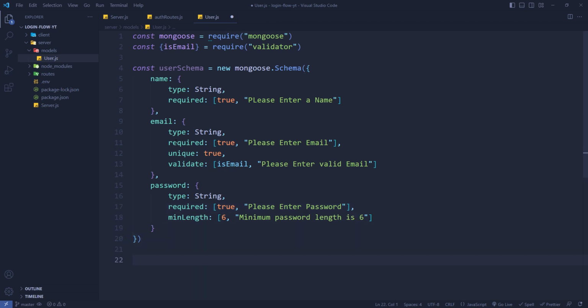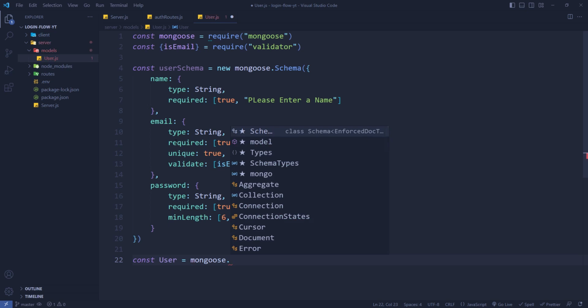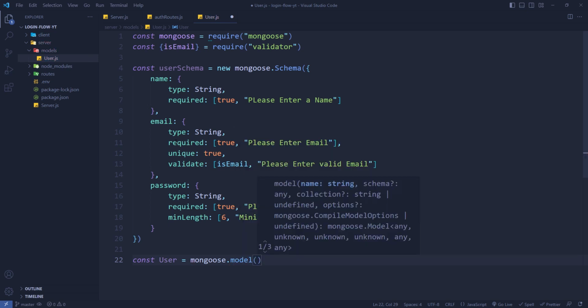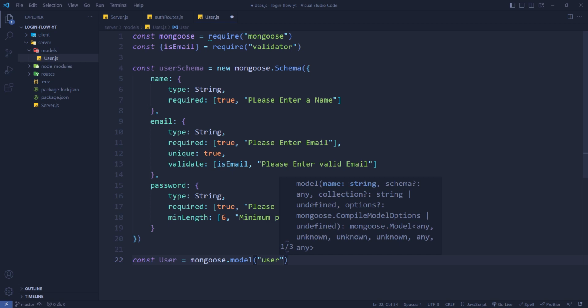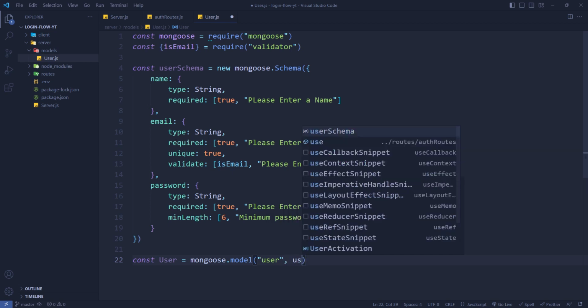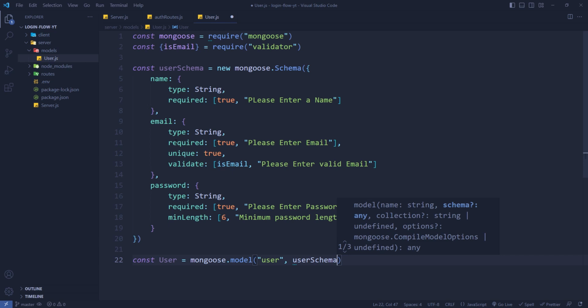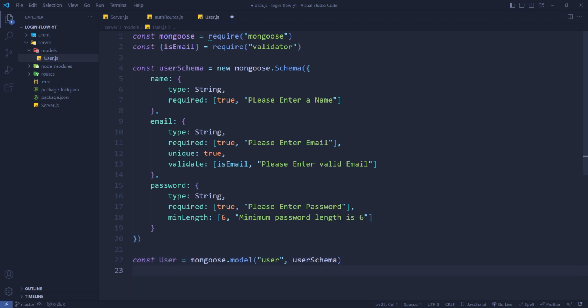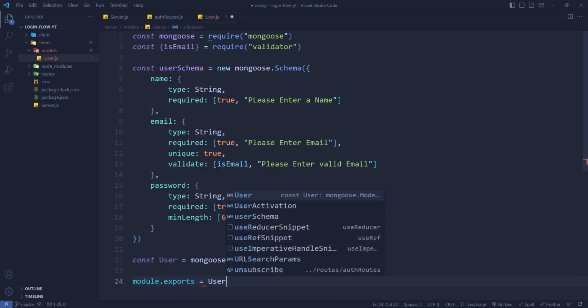Okay, guys. Now we will do const User equals mongoose.model, and we're gonna pass User and userSchema, and then we'll do module.exports equals User. With this, guys, our schema, our model is ready, and now we're gonna create